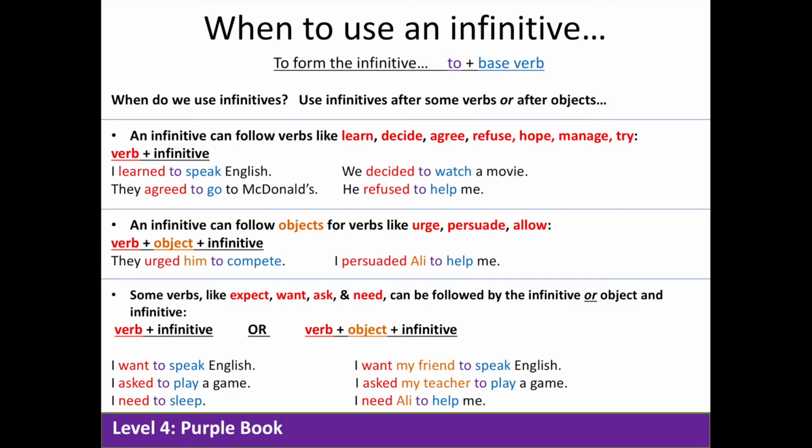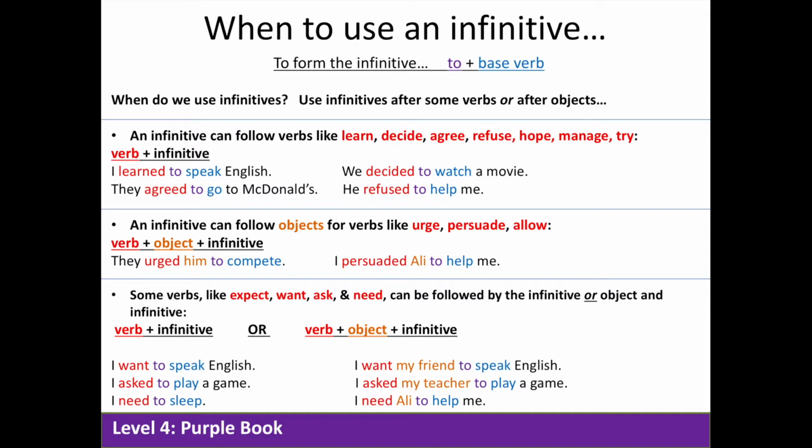Finally, some verbs like expect, want, ask, and need can be followed by the infinitive or object and infinitive. Some examples: I want to speak English. I asked to play a game. I need to sleep. Again, here we have the main verb in red, followed by the infinitive in purple and